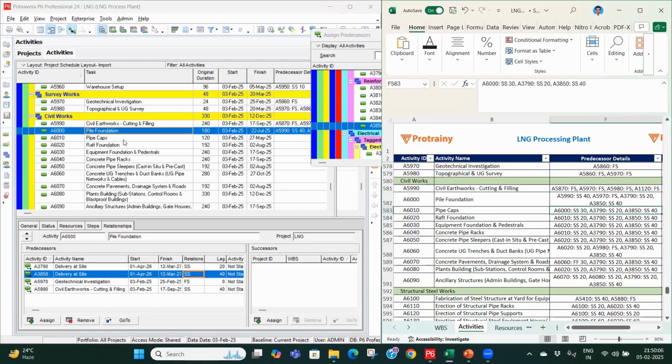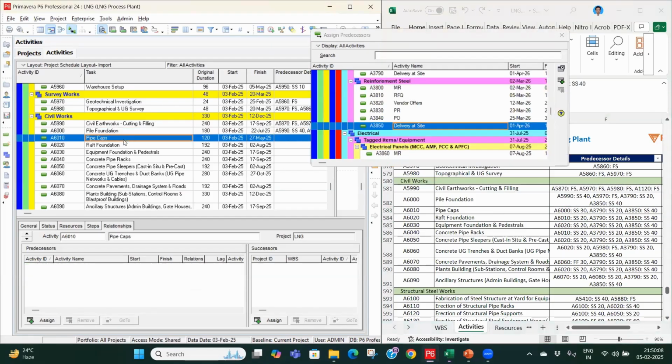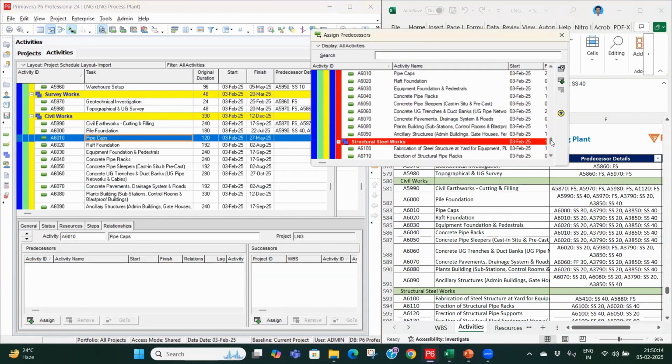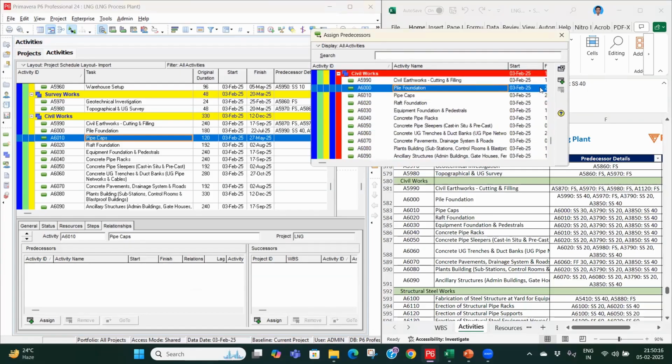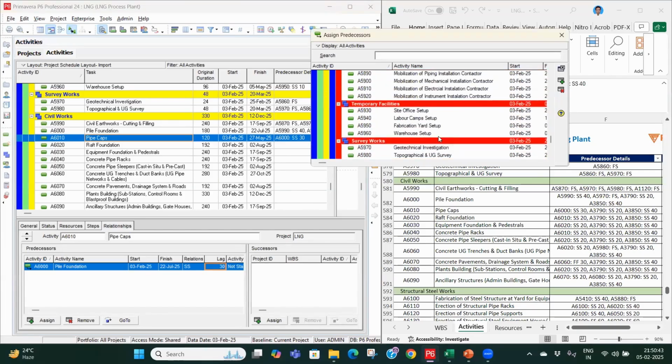Then we have pile cap. Okay, so pile cap will come above pile foundation. So we'll be linking with the pile foundation start to start in 30 days. Then again 3790 and 3850, like the concrete and reinforcement steel. So we have 3790